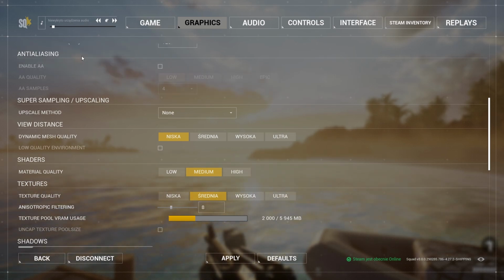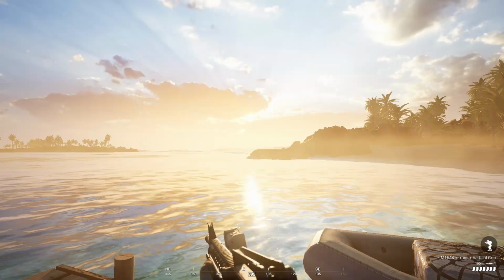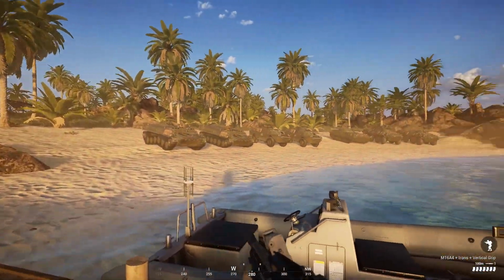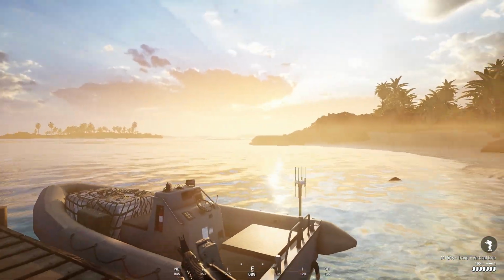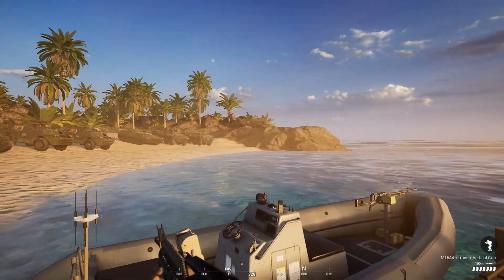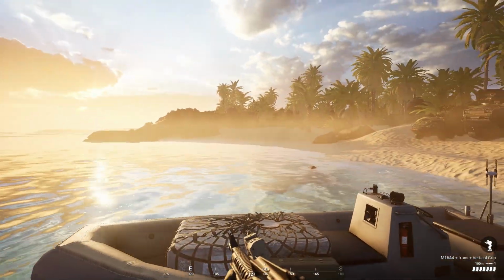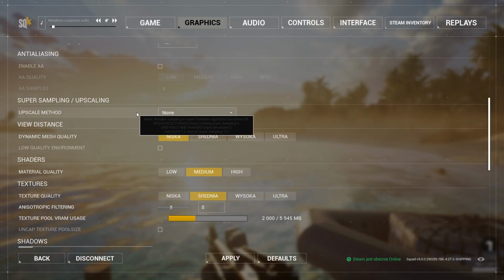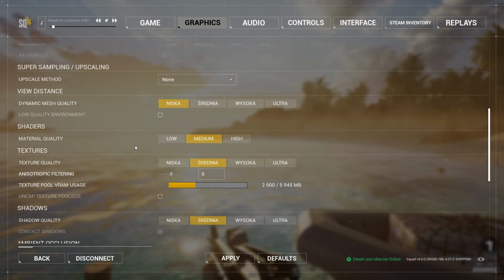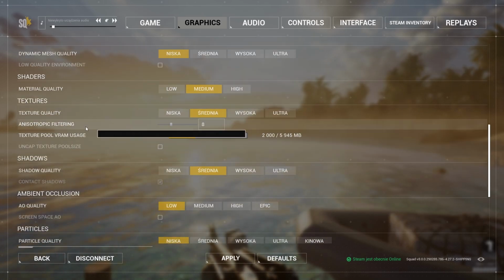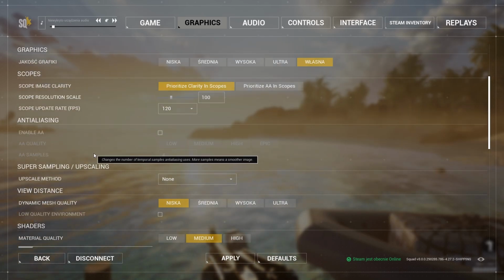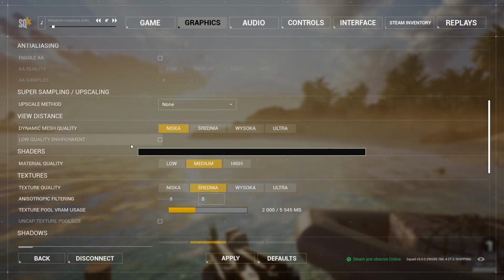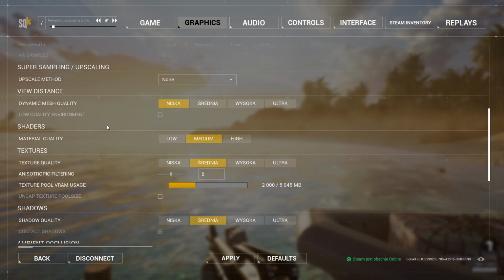Next setting is the enable AA, so basically that's the anti-aliasing setting. I personally tested both, and as you can see on my screen right now, the graphics look very nice with the setting off. Everything is super sharp, and it's not over sharp, it just looks nice in my opinion. You get a small performance boost with this setting, not huge, like 3-4 FPS, but it basically looks better in my personal opinion.